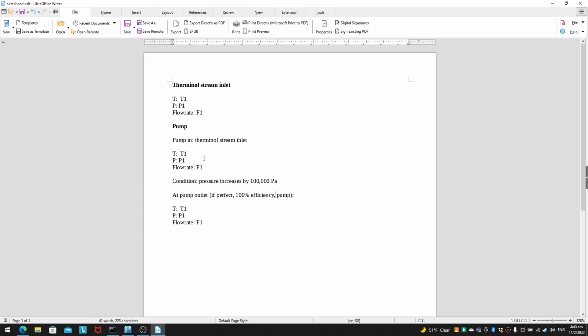What it does is this. It will just take these values, and this is the change, not the condition. This is the change that we need to do. It says pressure increases by 100,000 pascals. So let's take whatever value is here, and then we add 100,000 pascals to it. This is simple enough: P2 equals P1 plus 100,000, T2 equals T1, and F2 equals F1, where T2, P2, and F2 are the temperature, pressure, and flow rate of the flow coming out of the